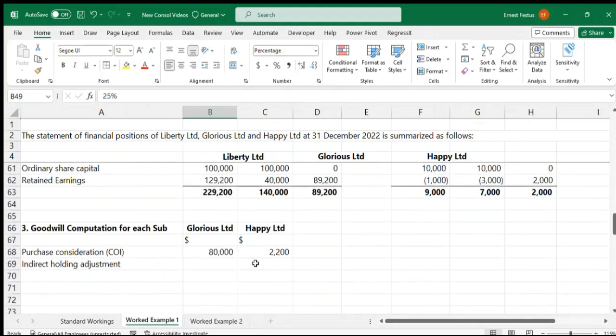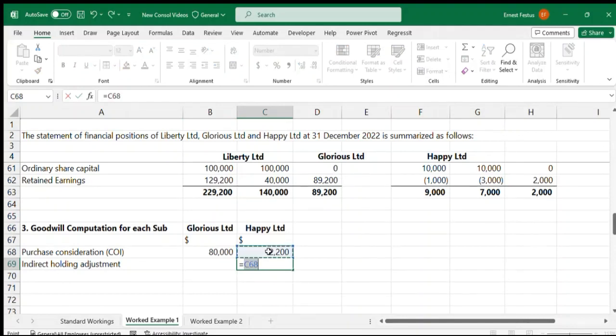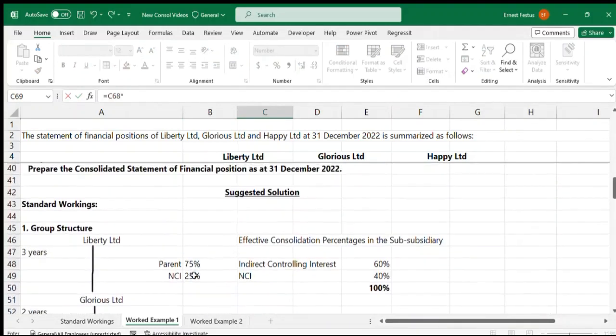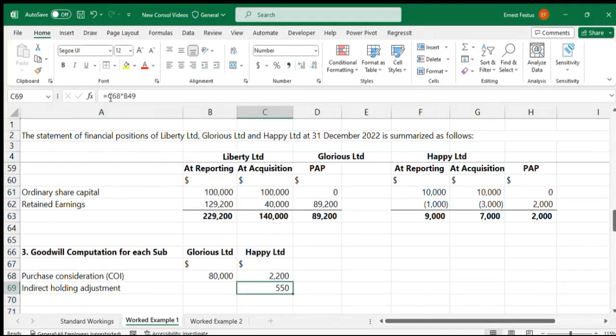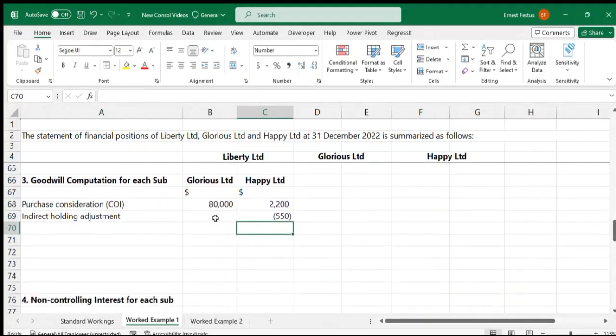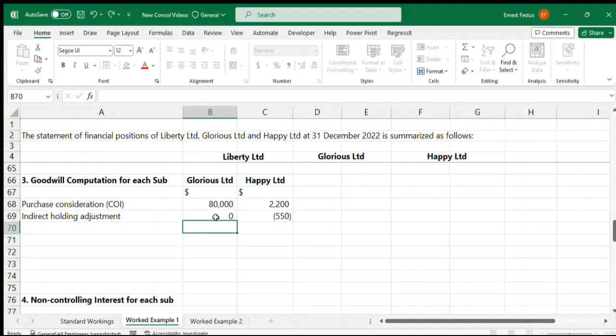So what I will do is that I will have equals this amount multiplied by the percentage that we do not control in our subsidiary, and that represents the percentage we do not control in the subsidiary from looking at it from the perspective of the ultimate parent. So we have that, and this is supposed to be negative. Okay, alright, so we have that. So for this we do not do anything because it's the parent that is controlling, that has paid for the 80,000. So what you do is alt equals, just add everything together,